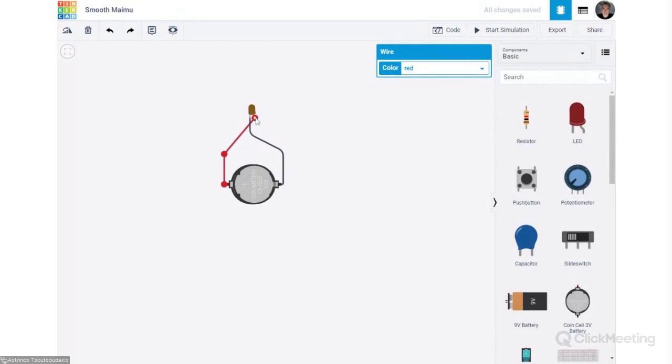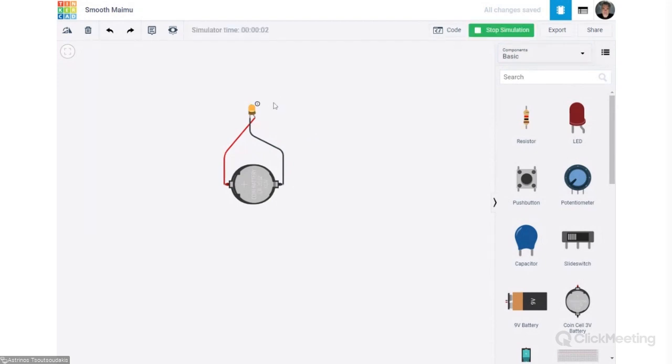what you see. So now I will go and start the simulation, and I get a warning. This stands for information. It says that current through the LED is 61.9 milliamps, while recommended maximum is 20 milliamps. So the usable lifetime of the LED may be reduced. What I have to do is